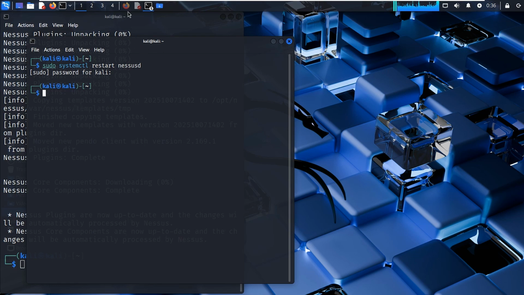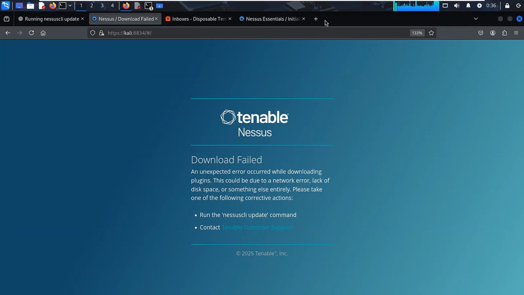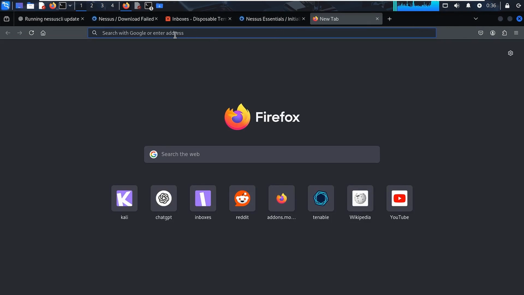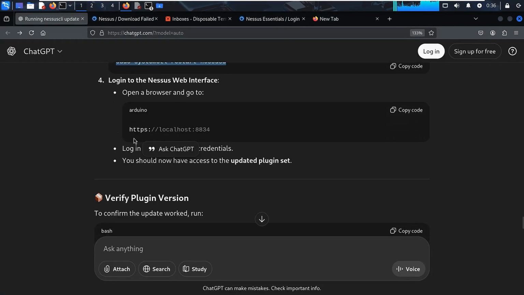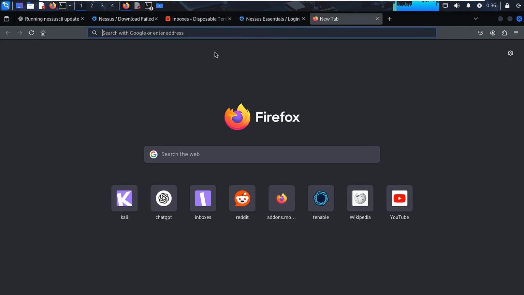So it's time to go to the browser, and I'm going to use this code. So I'm going to paste this code,